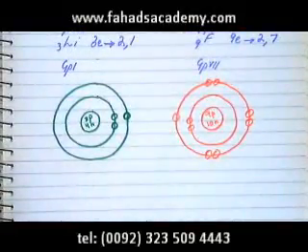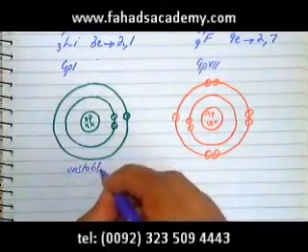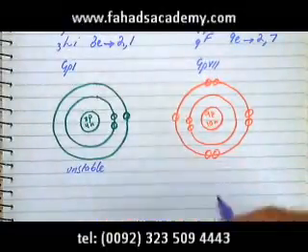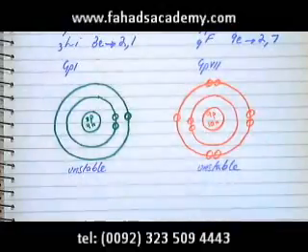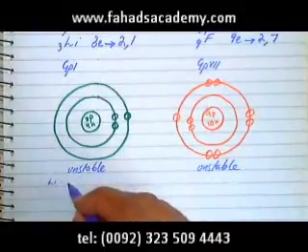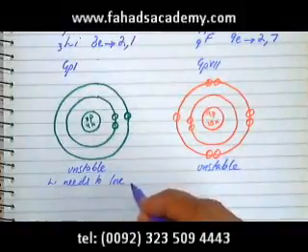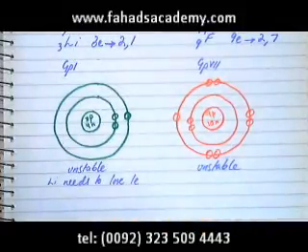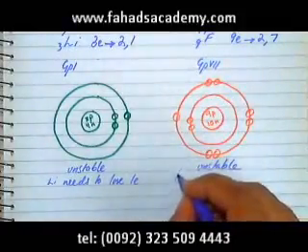Now if you observe these 2 atoms, both of them are unstable. This is unstable, it does not have a complete outer shell. This one is also unstable, it's not having a complete outer shell. To become stable, what lithium needs to do is, it needs to lose 1 electron. Whereas what fluorine needs is, it has 7 electrons in its outer shell, so fluorine